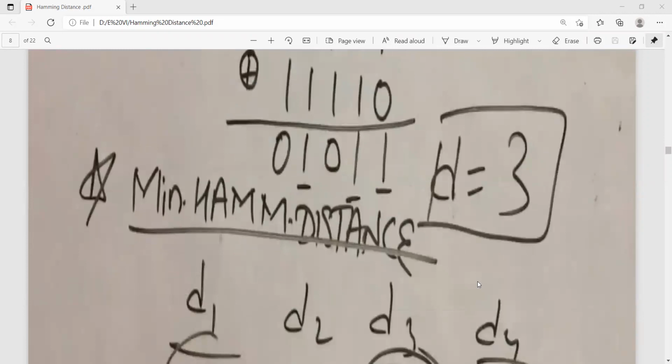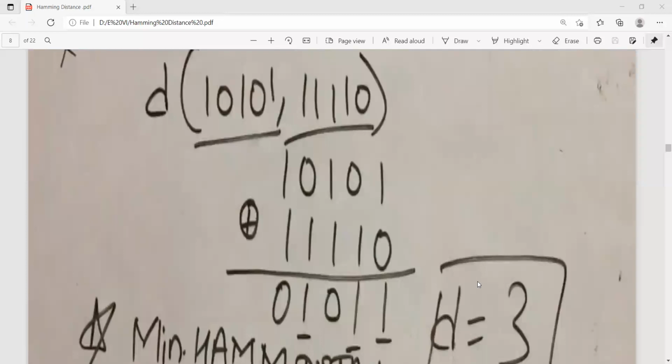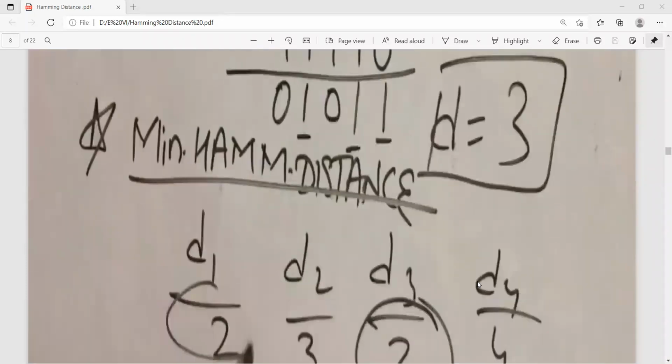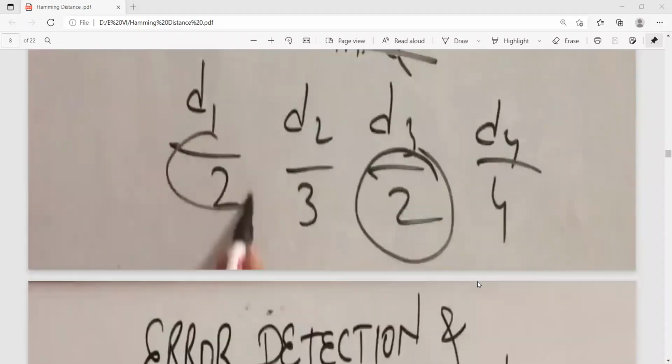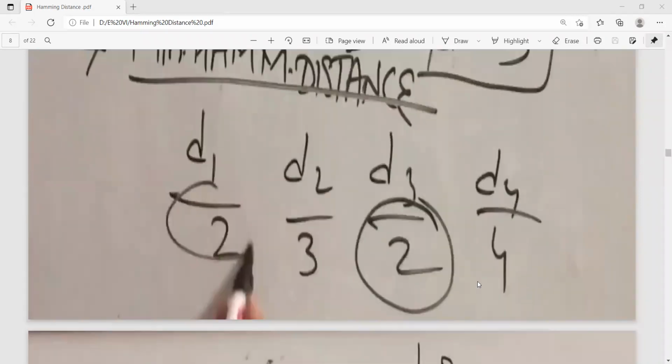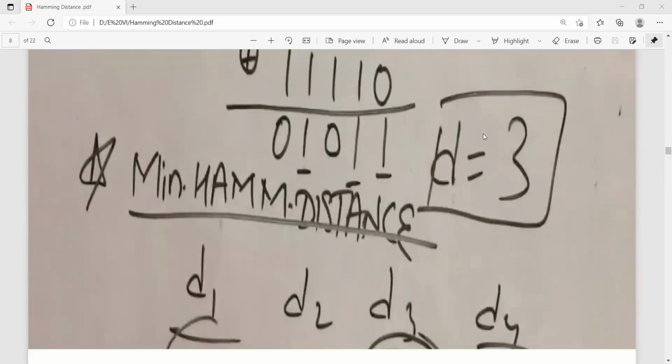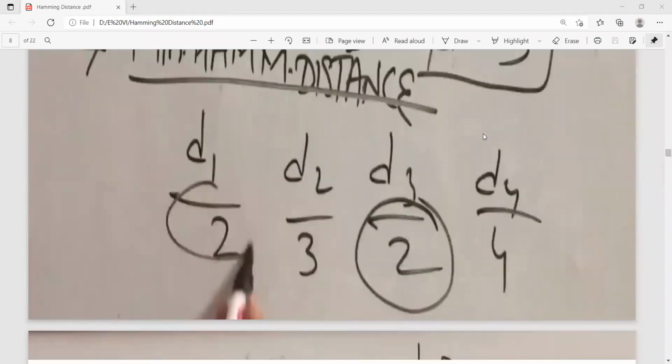Now there is a concept of the minimum Hamming distance. If you are getting errors by 2-3 different comparisons, in which comparison does it have the minimum distance?